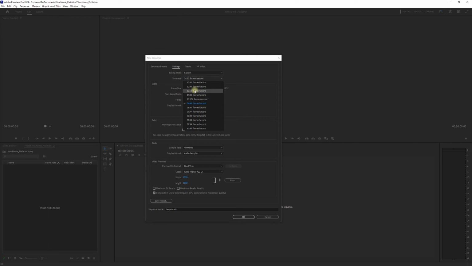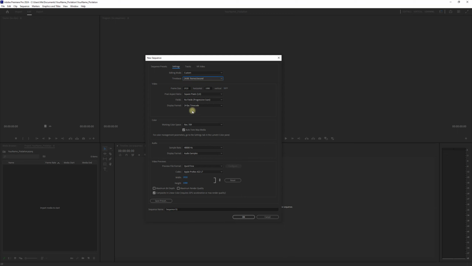There's also 12, all right? But I'm just wondering if it's gonna have the QuickTime format and also the Apple ProRes, because I'm not at school right now and I'm not sure. So in this instance, you want to set to 24,